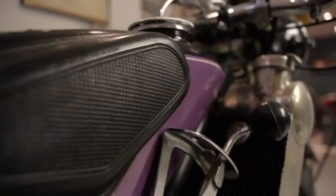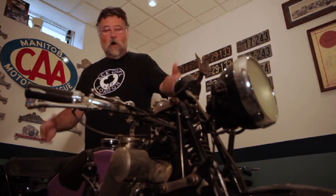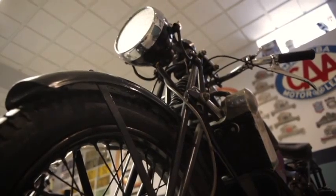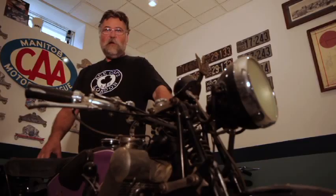Laid in that shop till the 60s, till my friend Bert Bentley found the bike, restored it to the best he could with the parts that were there in the 60s, and it stayed that way for 20 more years until he was at a garage sale. And he saw these tank badges, and he said to the guy, that looks like it belongs to a Scott. And the guy says, well, yeah, they do. How do you know that? He says, well, I picked one up from a blacksmith shop and I restored it. And the guy says, I used to own that bike. I raced it. So he went down the basement. All the original parts that were taken off in 28, 29, the headlights, speedometer, fenders, carrier, were all in a box 50 years later. Married back to the bike in the 80s, and by 1991 we were riding this bike,